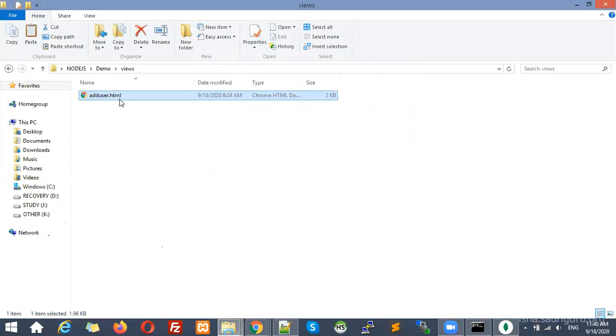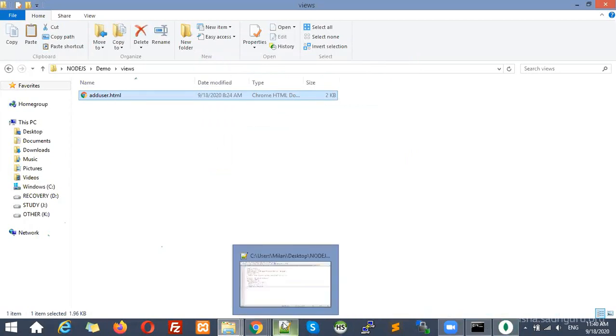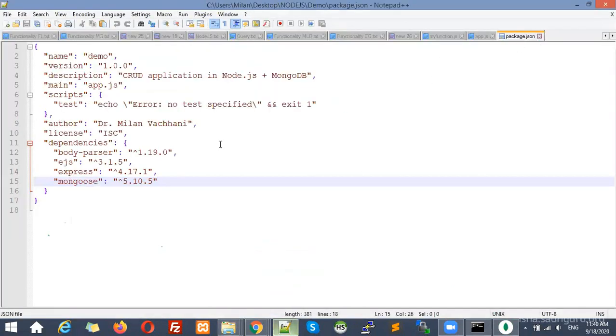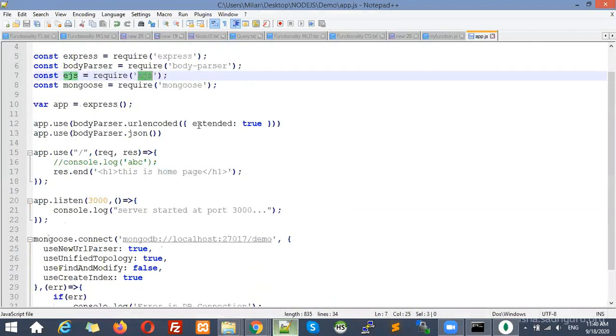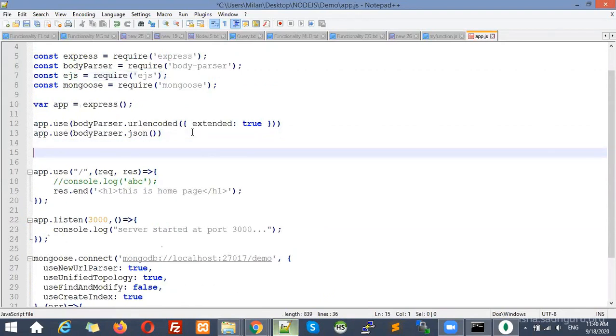But here we can't use this HTML extension. Here, let me show you EJS. Here the concept of EJS will come. We already installed EJS, you know, right? But how to configure it? To configure it, we need to mention app.set. We need to set the view engine. That means we have to tell Node.js that we are going to use the EJS library. We are going to use EJS templating for view purposes.